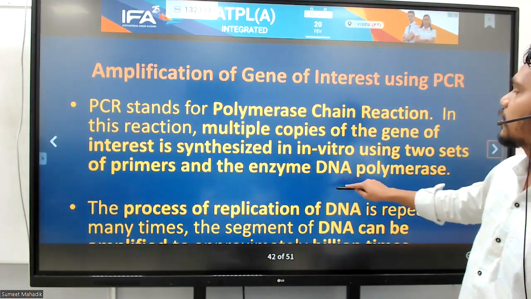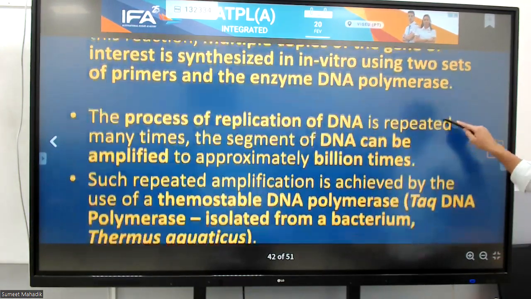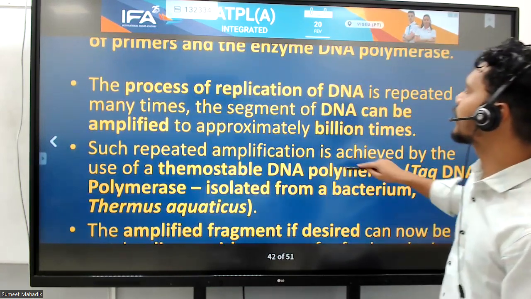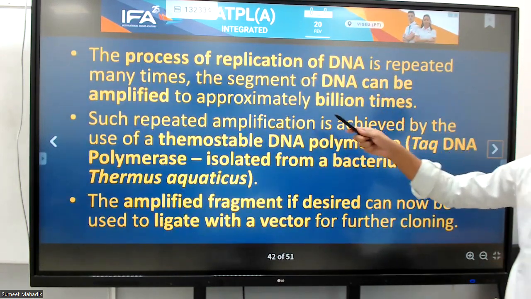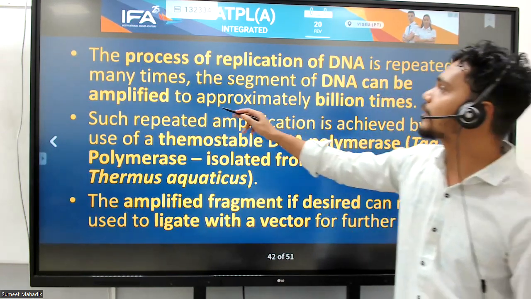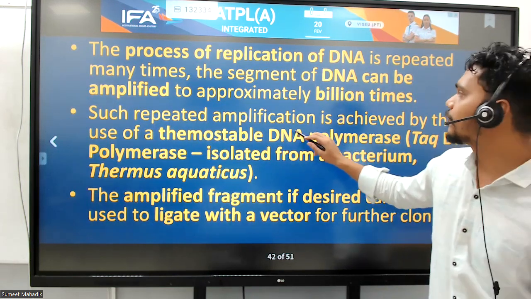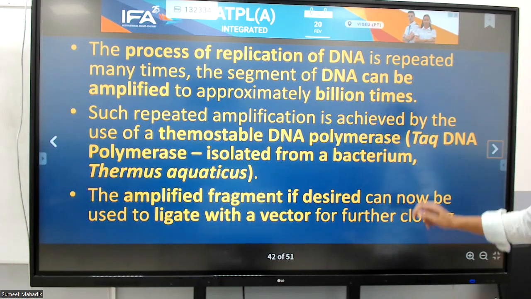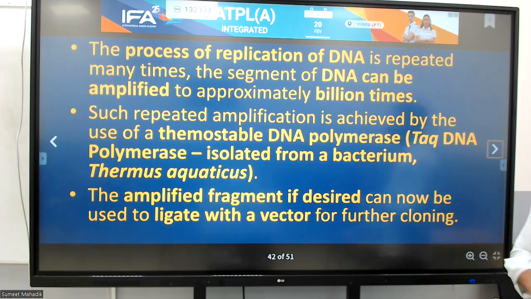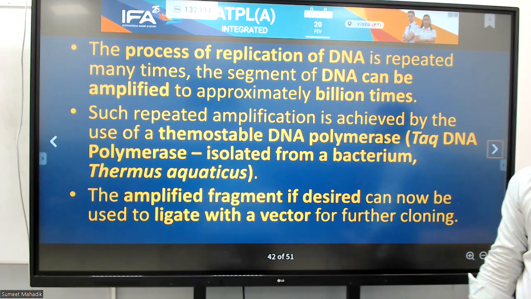PCR stands for polymerase chain reaction, in which DNA is synthesized in vitro, outside the body, using the enzyme DNA polymerase. The process of replication of DNA is repeated many times. The segment of DNA, which is the gene of interest, can be amplified approximately a billion times, right? Such repeated amplification is achieved by the use of a thermostable DNA polymerase called Taq polymerase, isolated from the bacterium Thermus